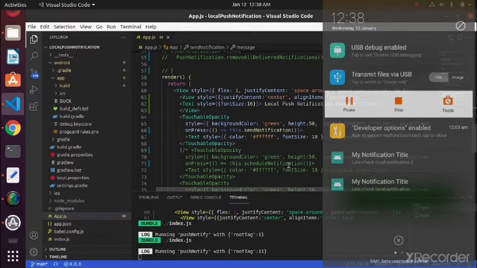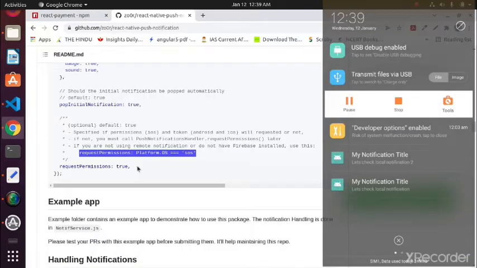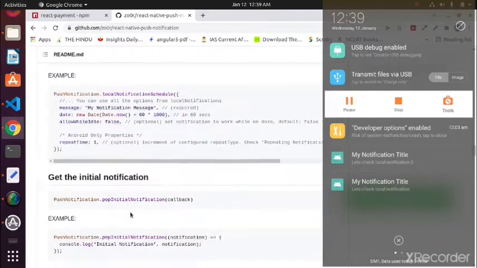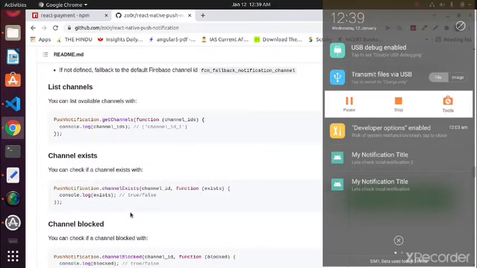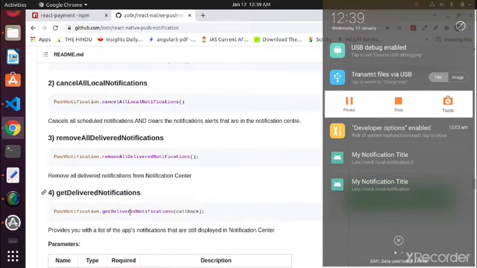What you have to do here is go to the same documentation and scroll down a little bit. Here, cancelAllLocalNotifications, or there are a lot of things.